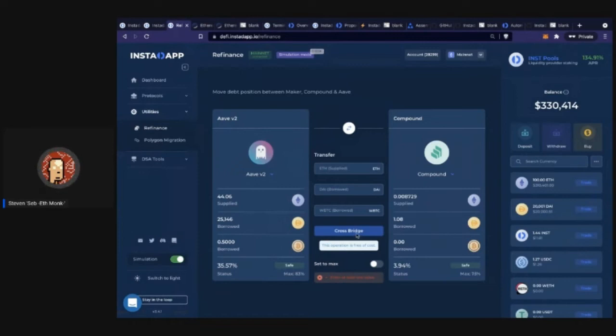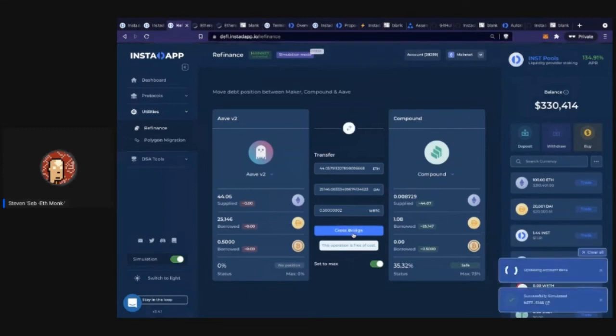And then all you would do is click max. Or if you don't want to move all of it, you can say, hey, I want to leave the BTC. But then it's actually not going to work because you didn't leave any collateral. So you'd have to move all the debt, or you could split it up. But I'm not going to split it up. I'm just going to go ahead and move the entire position from Aave to Compound. And again, this is one click. It's a hefty transaction on Ethereum, so be forewarned, you might want to do it when gas rates are a little bit lower. And that will be it.